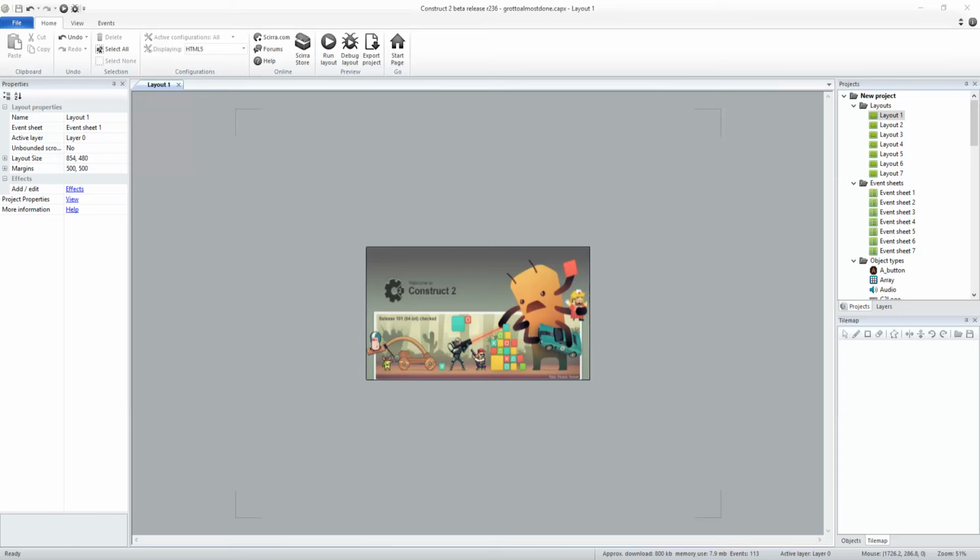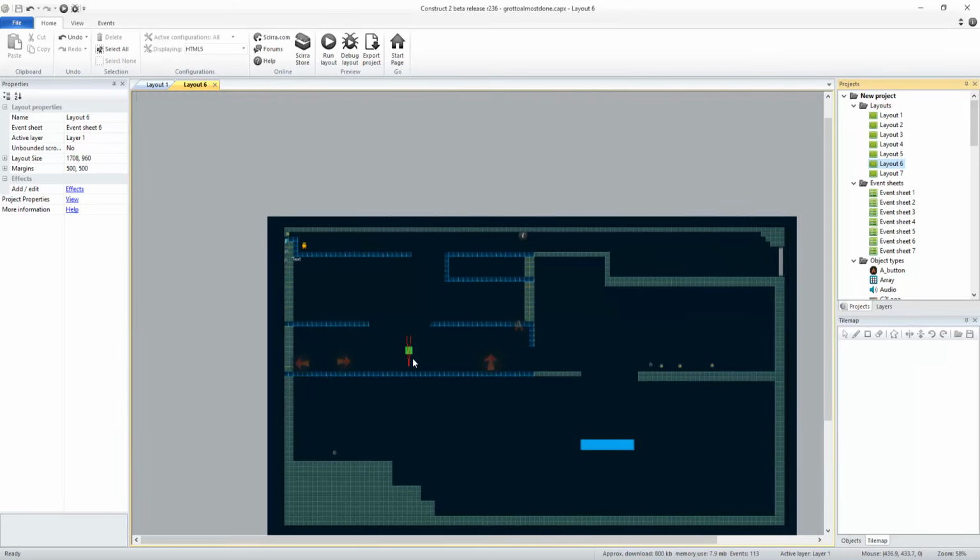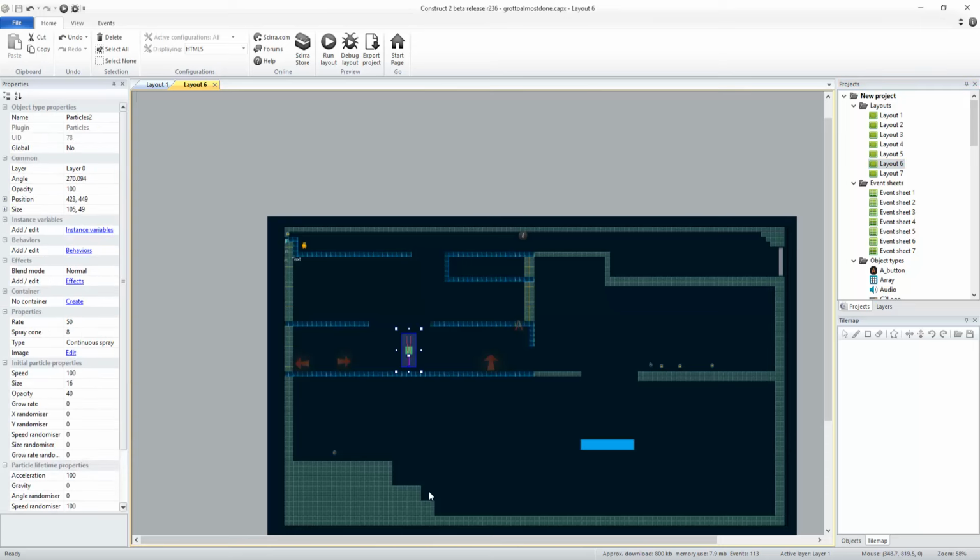Hey buddy, this is John with Construct 2 Academy, and today we're going to be completing our platformer tutorial. So today we're going to be going over collectibles, levels, and then opening up special locked doors, some anti-gravity stuff,